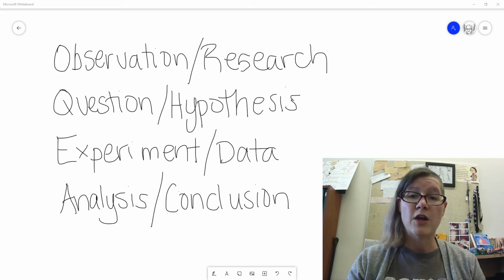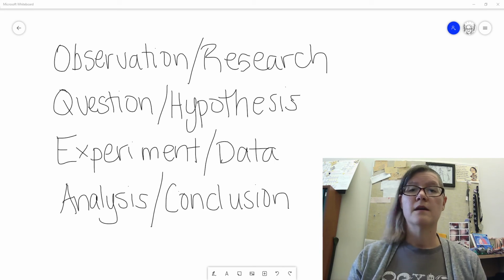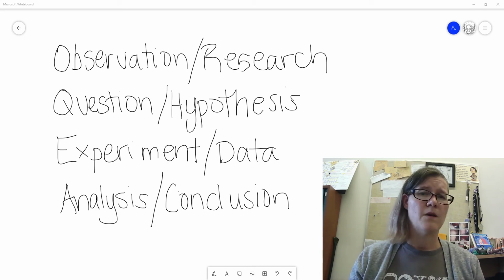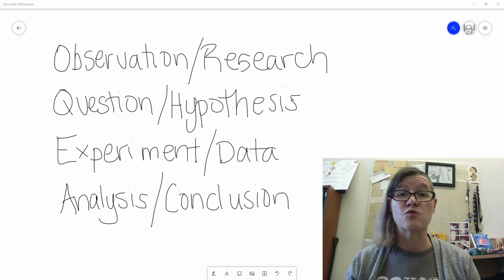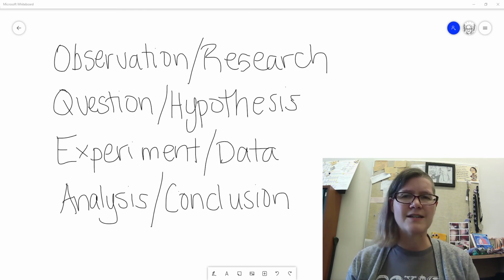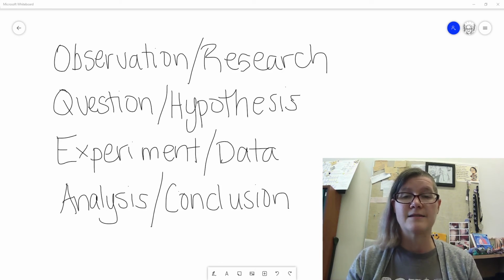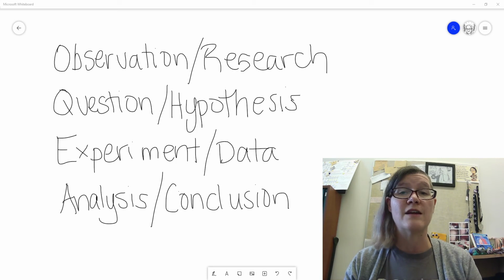So once we have a conclusion, of course, now we can say definitively whether our prediction was correct. Maybe. We could probably say definitively whether our prediction was wrong. If it comes out wrong, then we can say, well, that definitely didn't work. If it supports it, though, it's hard to say. Have we tested everything that's out there? So we have to have a certain amount of validity to it. We have to have a certain amount of analysis to know that. But either way, it provides us with information.